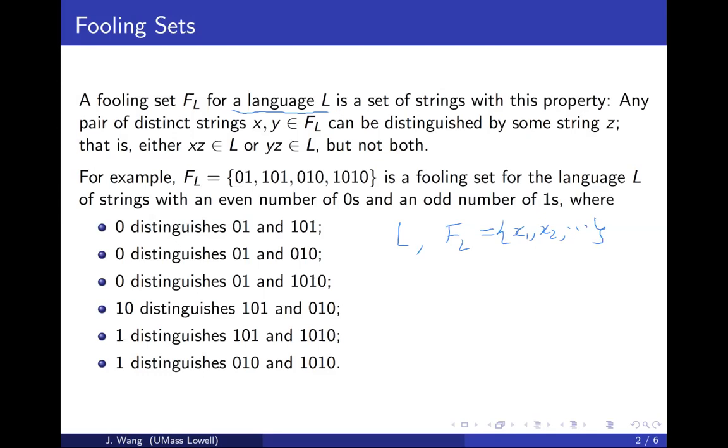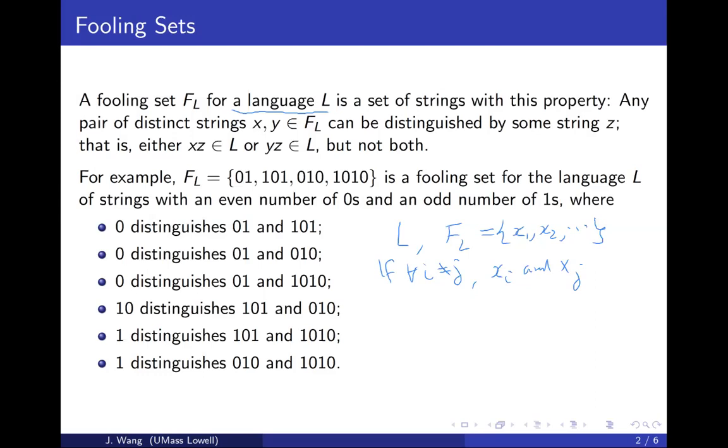Okay, and then for each pair, so for each pair with i not equal to j, xi and xj are distinguishable. So if for any pair i and j, where i is not equal to j, xi and xj can be distinguished by z,